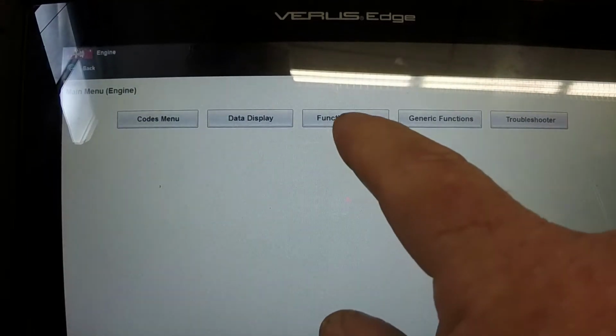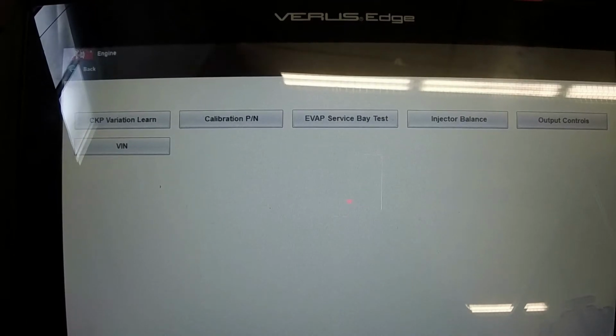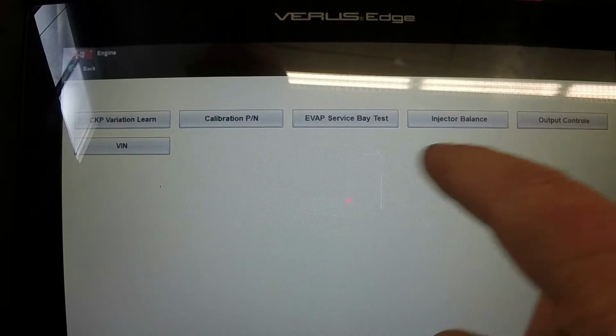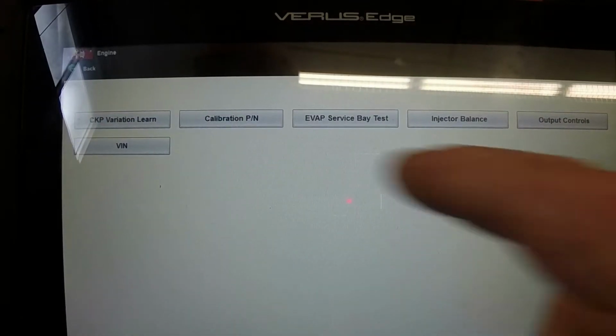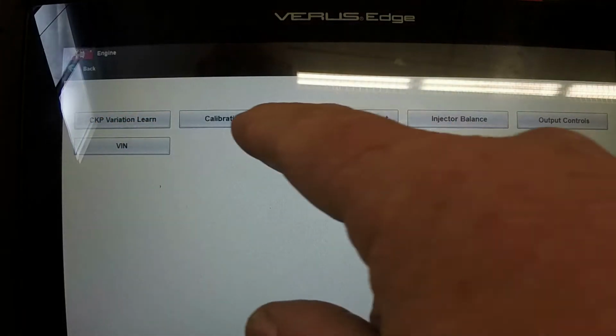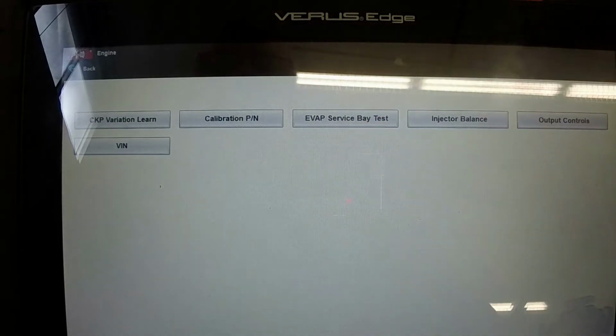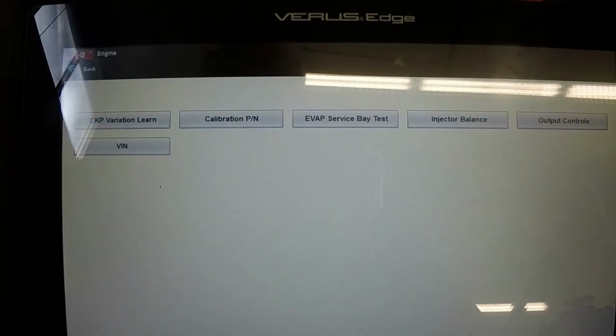and then we're going to do functional tests. And with this one we're going to output controls. We're going to go over here to output controls. There you got a whole bunch of different options on this particular menu here. You got your CKP variation learn, which is crankshaft position sensor, calibration pin, evap system, injector balance, and all those kinds. Injector balance would be an